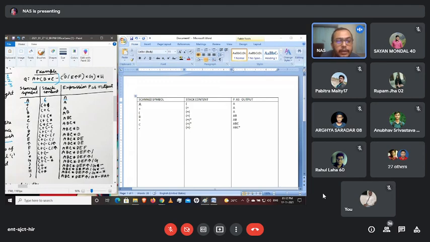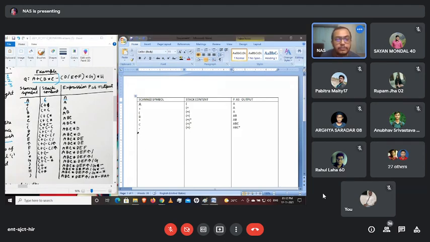Now we are again encountering a closing bracket. So as the closing bracket comes, there is nothing to change here. Minus and the closing bracket, and this one will come as it is. After getting the closing bracket, we are again encountering D. D is an operand, so there will be no changes here. D will go to the output, and this one will remain unchanged.